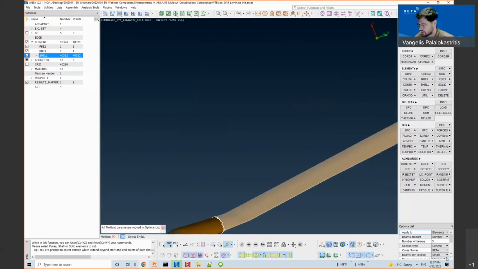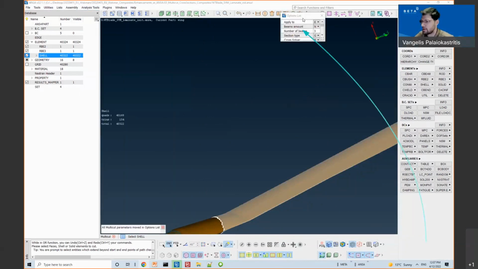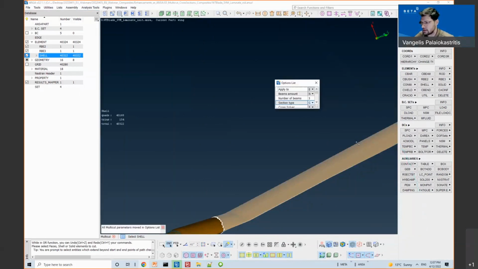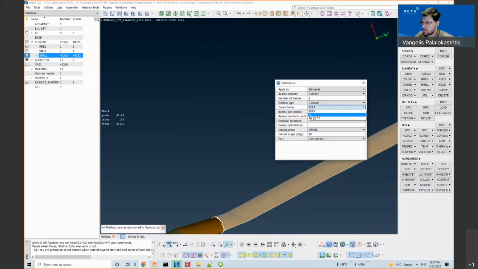And the important thing here is to open the options list and switch the crossover to FE. I will create 10 beams, delete the replaced cut entities, and connect with RB2 elements.